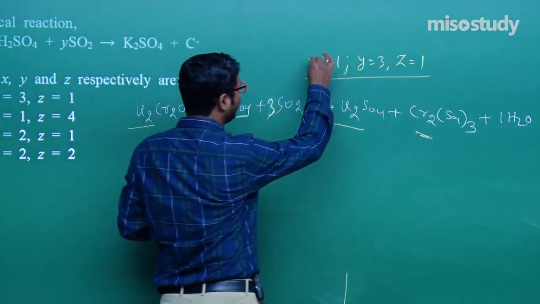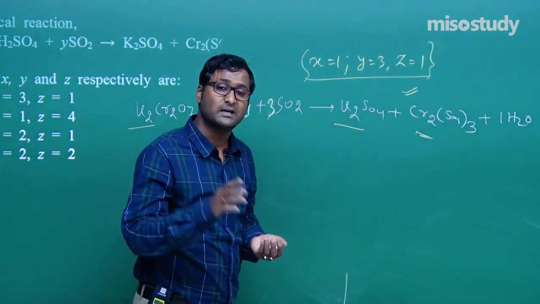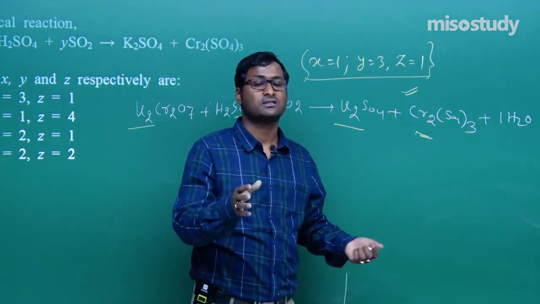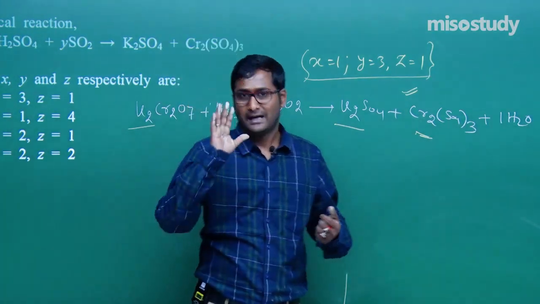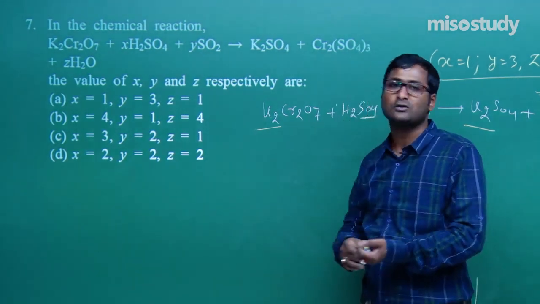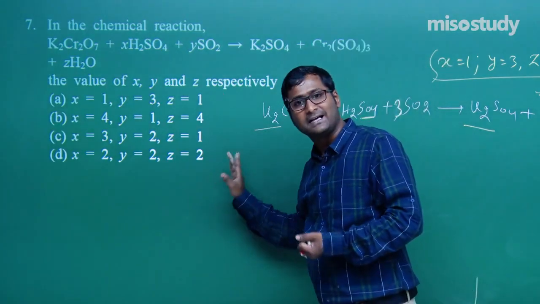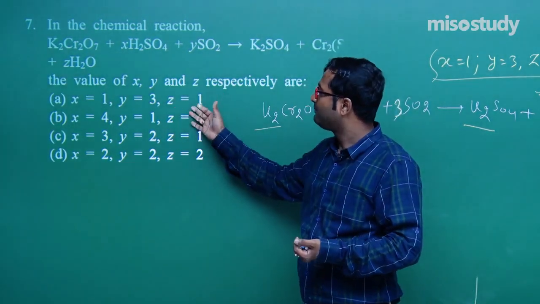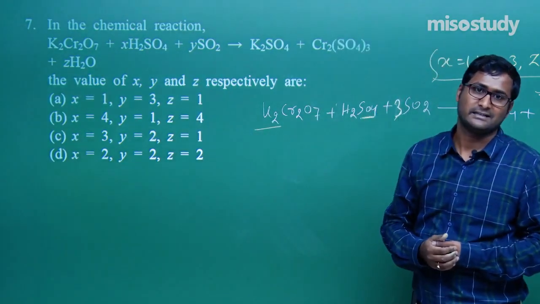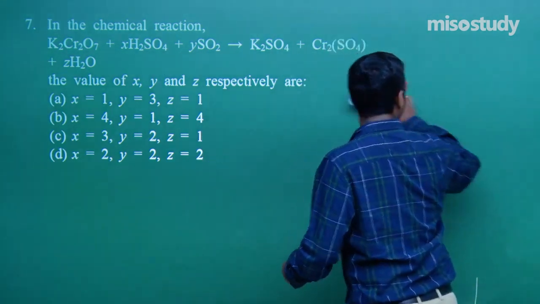So by using the hit and trial method and the options, you can easily get the answer. This is the best method. Otherwise we have to follow the longer technique, that is the ion electron method or oxidation number method. Clear to you? Again I am repeating, this is a question similar to the JEE Main 2018 examination. The best way to solve such a question is the hit and trial method. By putting the options in the question, you can get the answer easily. Okay friend, now I am going to rub this part and we'll discuss the next question.